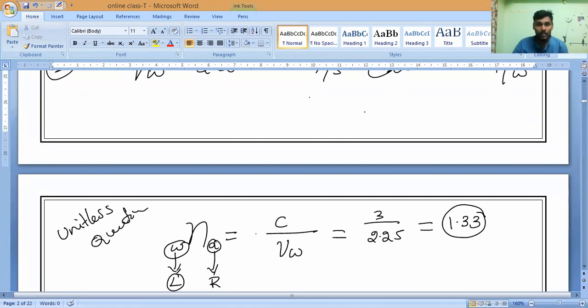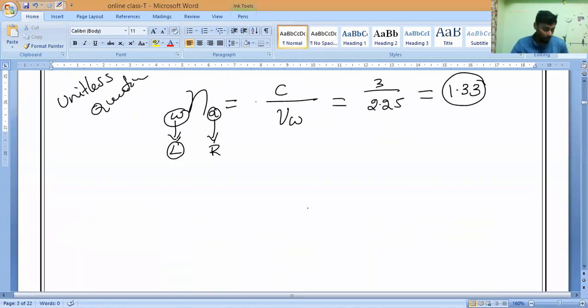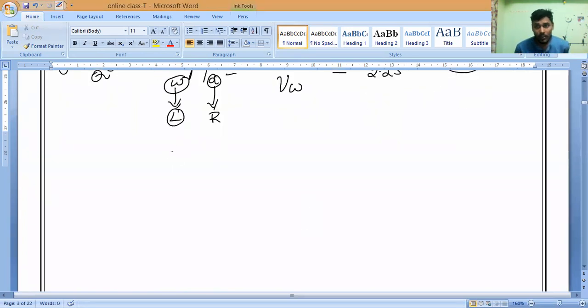Yes, sir. Clear? Janvi, are you clear? Kavya? Yes. That's all. So now let us go on, this is only a little bit tricky. If they want to test your knowledge a little bit more, then one more possibility of a question is that I will give you the absolute refractive index only. So be very careful, all of you.